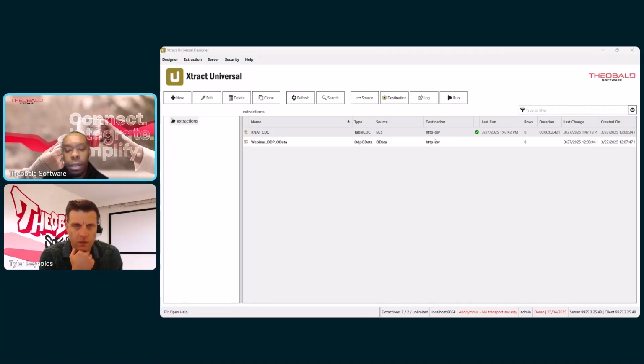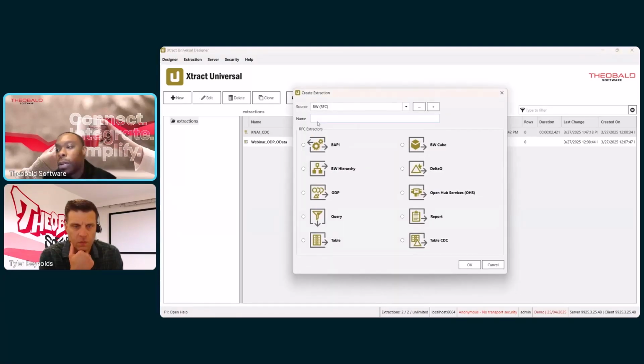Last but not least, destination. Where are you going to be pushing this to? I'm just going to utilize, for this webinar and demonstration purposes, just a standard CSV file to showcase that as well. Those three things make up extractions in general. And I'm going to get into, first and foremost, what that looks like for our ODP